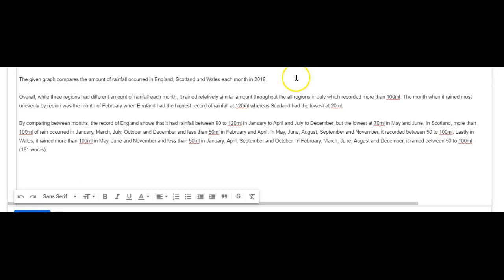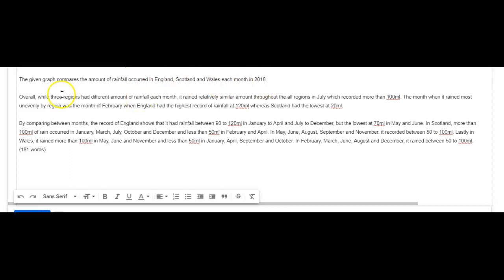Overall, okay, the given graph compares the amount of rainfall occurring in England. Because why is it occurring? Because it's which occurred. It's a reduced relative clause, and so what you need here is the ing form and not the ed. So, the given graph compares the amount of rainfall occurring in England, Scotland, and Wales in each